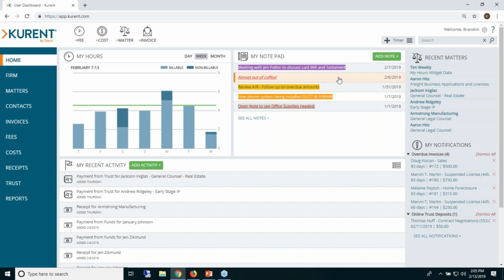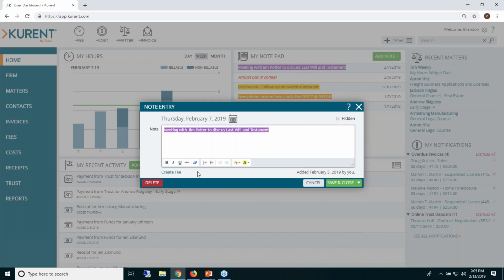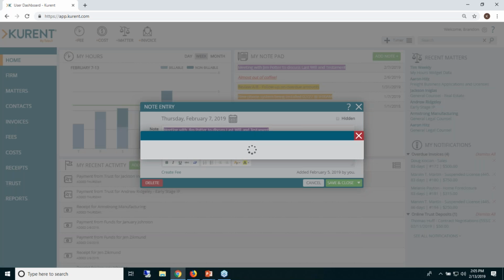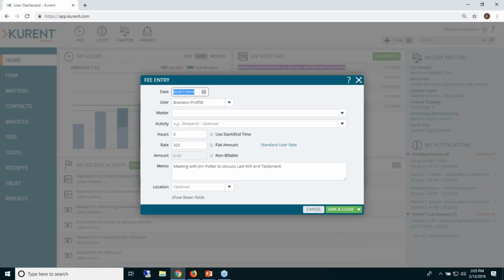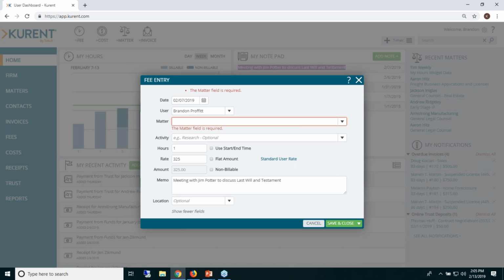If I decide that I'd like to take the case after that meeting, I can actually use that note to create a fee. So all I have to do is click on the note, and then I'll select Create Fee, where I'll input the required information in the fee entry field. And it'll automatically fill in the memo with the auto-populated note that we had there. Once we save and close,